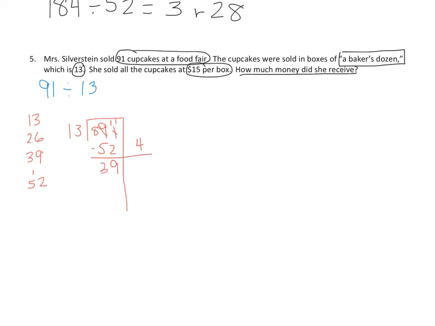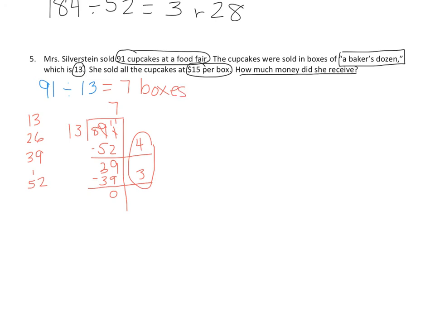And look, right here, we have 39, which is the third multiple of 13. So I can go ahead and say, okay, 39, take away 39 will work. That's going to be the third multiple of 13 with a difference of 0. So that means these are my two partial quotients. Add them together, that would give me my full quotient. So it looks like she had 7 boxes